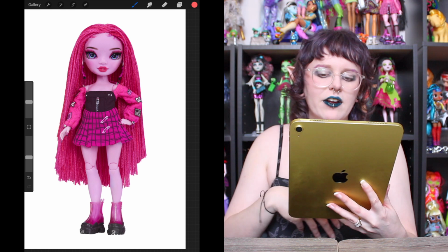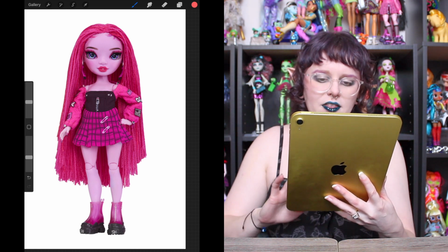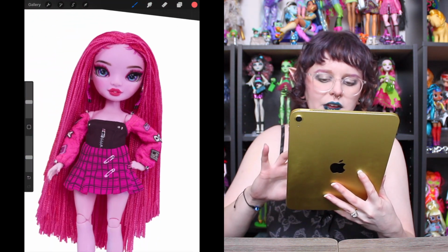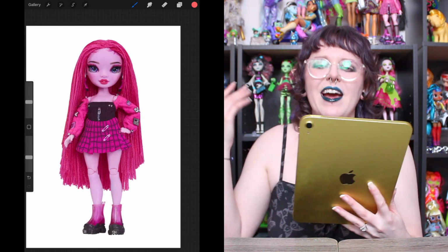And then I did change the color of the middle portion of her shirt to black, because she did already have the black accents on her shoes. And then she also has a little bit of black on her earrings. And I just thought it was too much pink. Like I know it's Rainbow High or Shadow High in this case, and so they're all